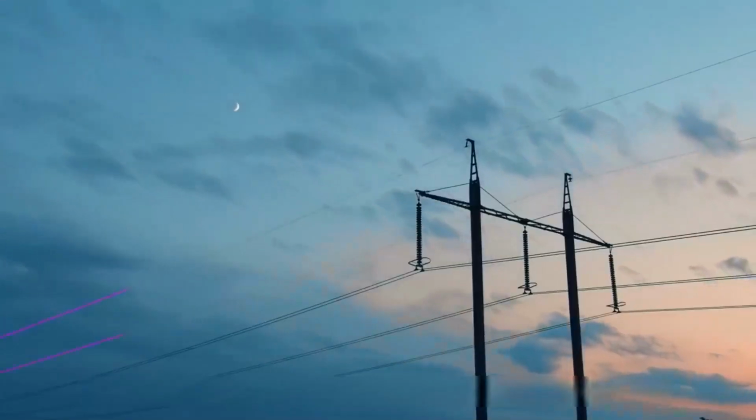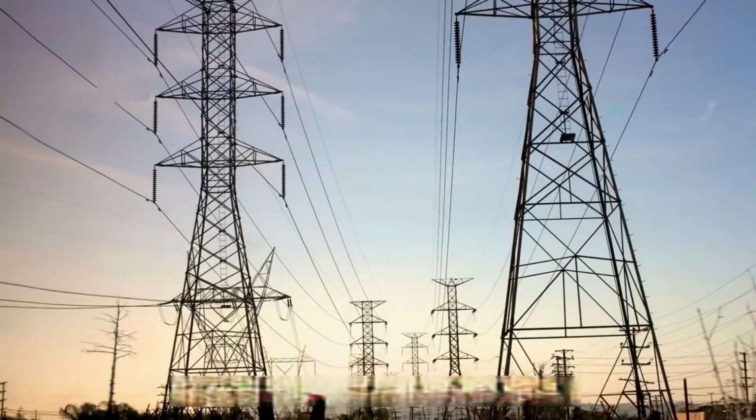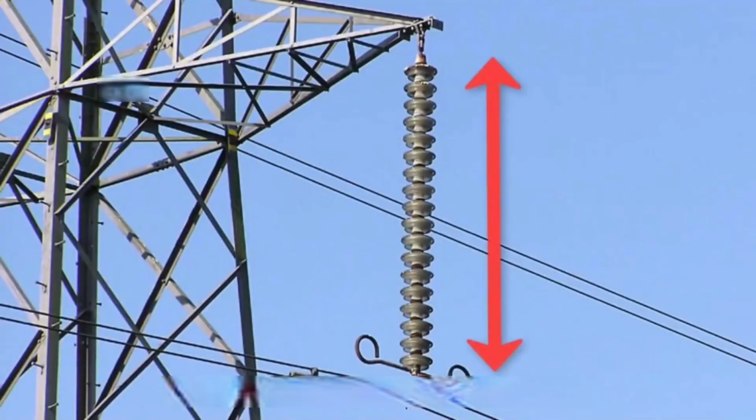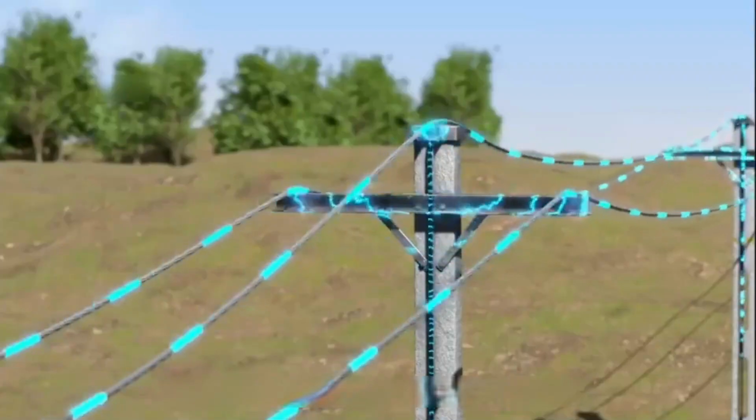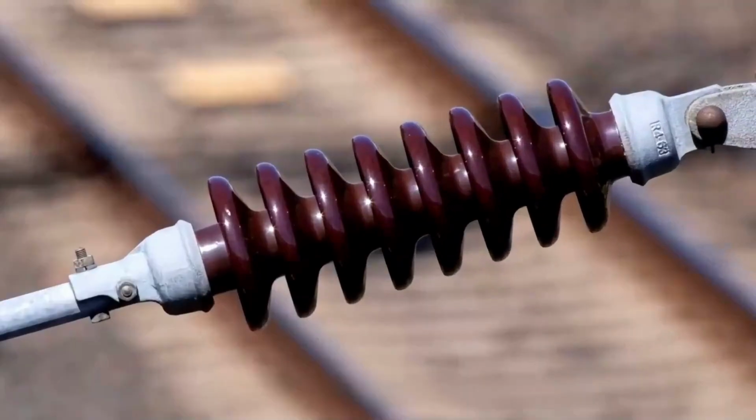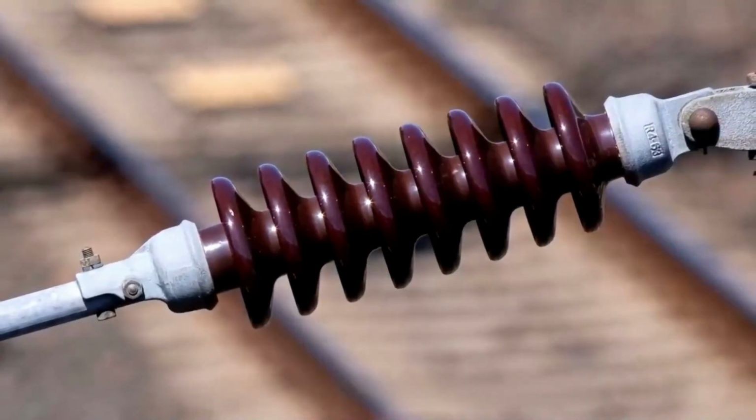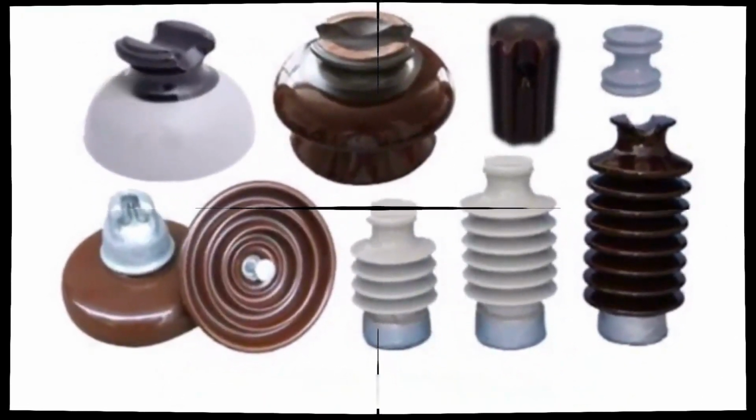Insulators are usually mounted on power tower poles or high voltage lines, to prevent the flow of electricity from the line to other areas. Common materials used to make insulators include ceramics, polymers, and glass. Each of these insulating materials